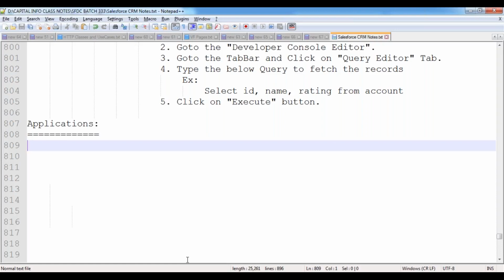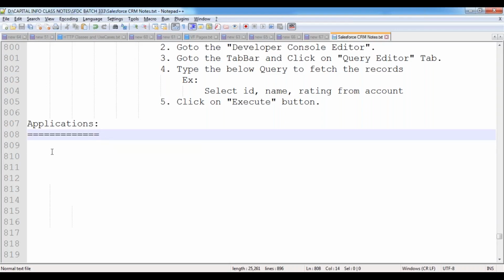Whenever we are having some integrations with some third party applications, then compulsorily the 18 characters ID is mandatory. Suppose, for example, in future, if you're integrating your Salesforce application with a Java application, if Java people want to query your records, they have to pass the complete 18 characters ID, not 15 characters. During integration, we'll see how we can pass the 18 characters ID, and based on that, how we can query the records information.